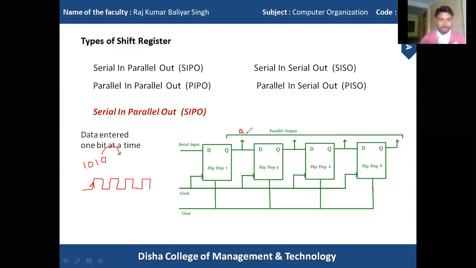At Q of 1, I can collect the data, and that 0 is passing to the next bit. It will separate here, and here the 0 is collected. At Q of 4, I can collect the value 0. The 0 is transferred to here. I can collect this 0 value. For the next clock cycle, when the clock becomes high at this point, that means 1 can be transferred here.